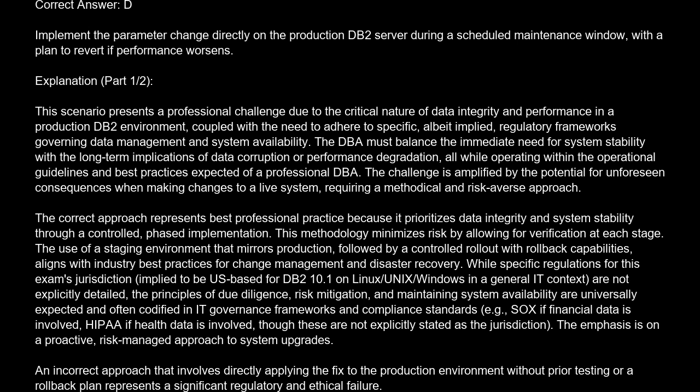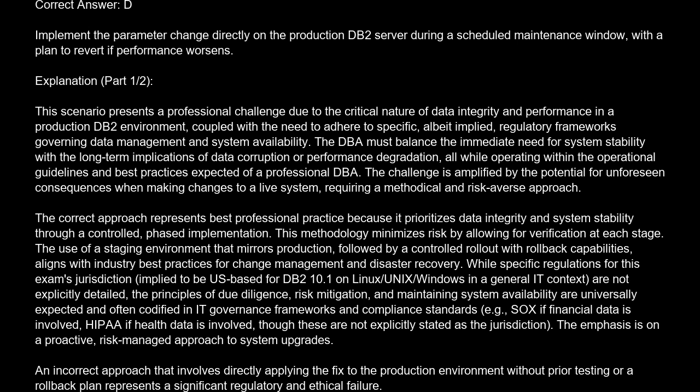The use of a staging environment that mirrors production, followed by a controlled rollout with rollback capabilities, aligns with industry best practices for change management and disaster recovery. While specific regulations for this exam's jurisdiction, implied to be US-based for DB210, one on Linux/Unix/Windows in a general IT context, are not explicitly detailed, the principles of due diligence, risk mitigation, and maintaining system availability are universally expected and